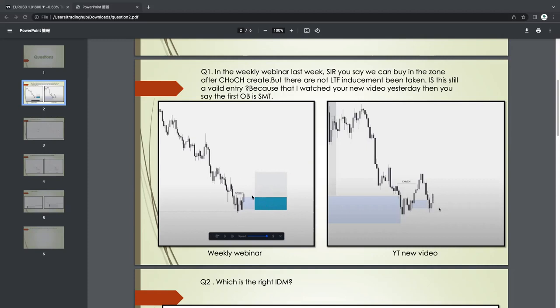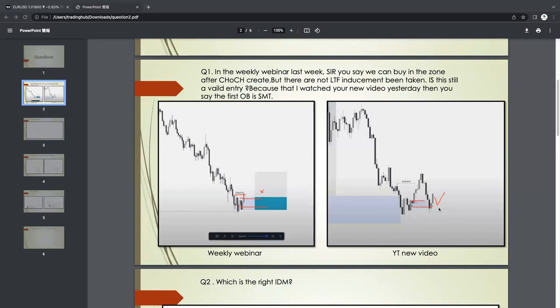Okay, sometimes this one also works, but this one is more high probability. Once the market has taken out the liquidity, or swept the order block and the liquidity, it actually works more than compared to this one. Okay, so here, the first one is here, and you can buy here, but this is not a high probability entry, correct? But at this point, this entry is much better compared to this one.